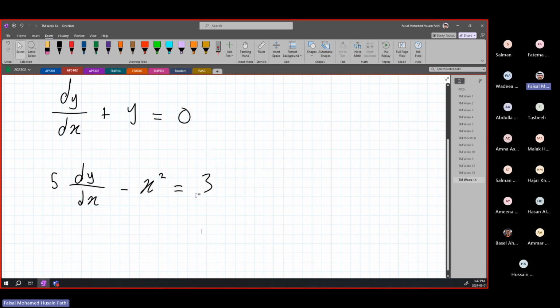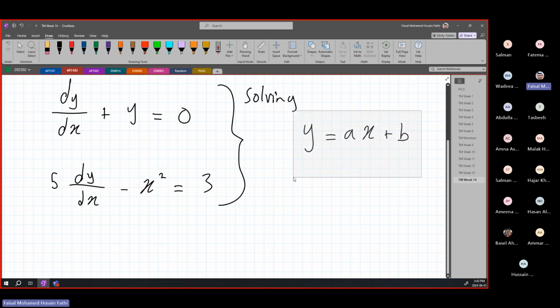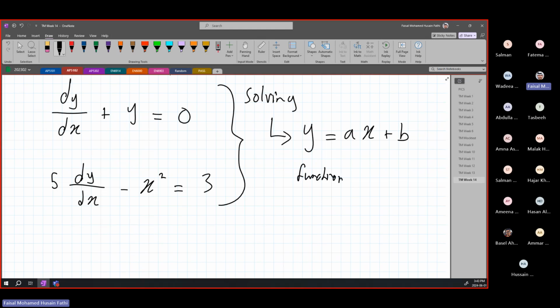And this is what we are going to be dealing with now. But how would you solve such an equation? How can you find what is meant by solving this? The idea of solving is to eventually come out with an equation where you have y is equal to some constant times x plus b, for example, or either in this way, or x cubed or x squared. So basically coming out to a function. This is how you solve. Solve as in finding y is equal to x.